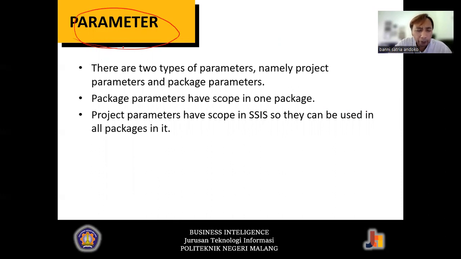I believe everyone has experience using this, but there is a difference between using and understanding. Everyone can use a thing, but not everyone can understand that thing.